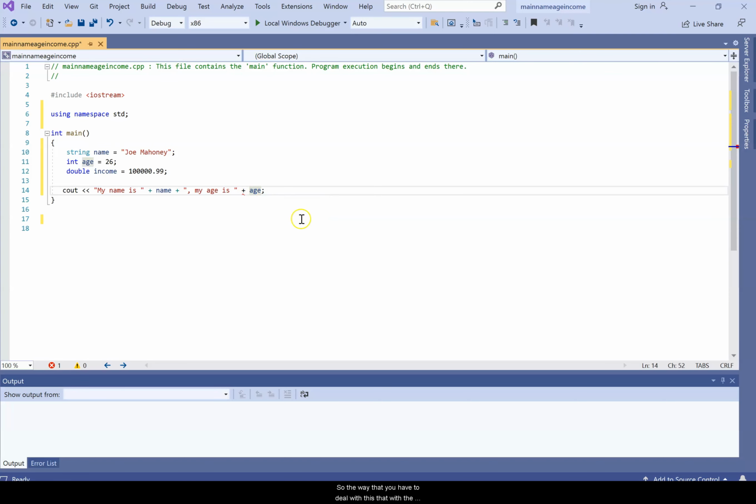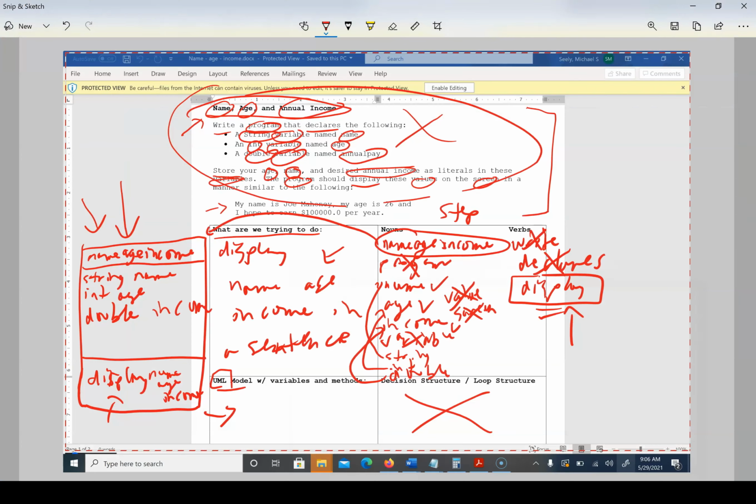So the way that you have to deal with this, with the string concatenation, it works fine here because these are all strings, right? These are all strings. But when you start trying to add strings and numbers, it doesn't like that. So you're going to do something like that. So it'd be my name is Joe Mahoney, comma, my age is 26, and